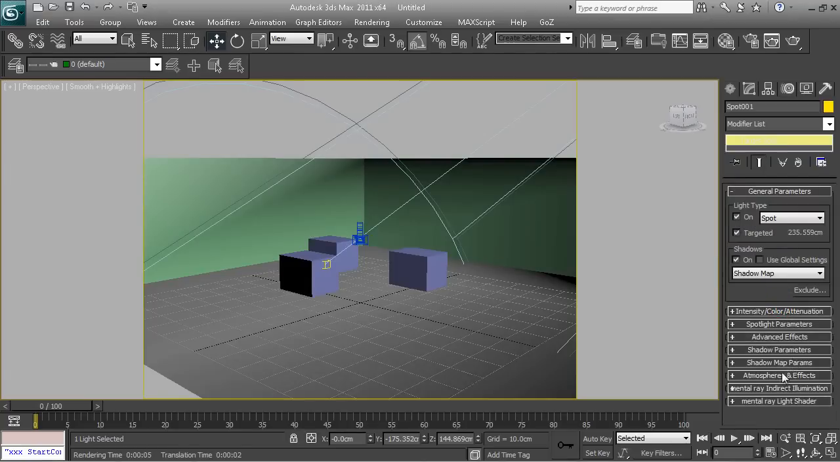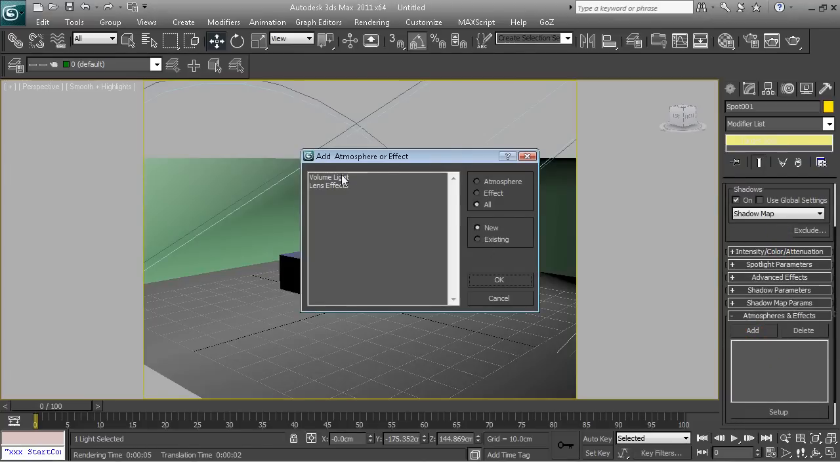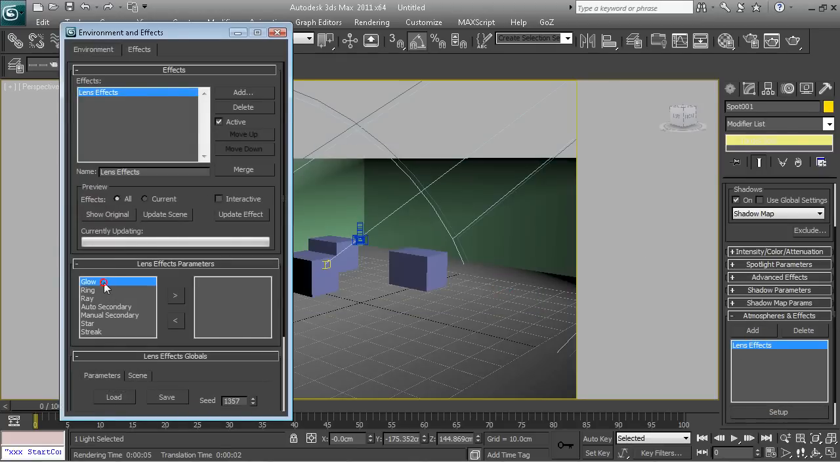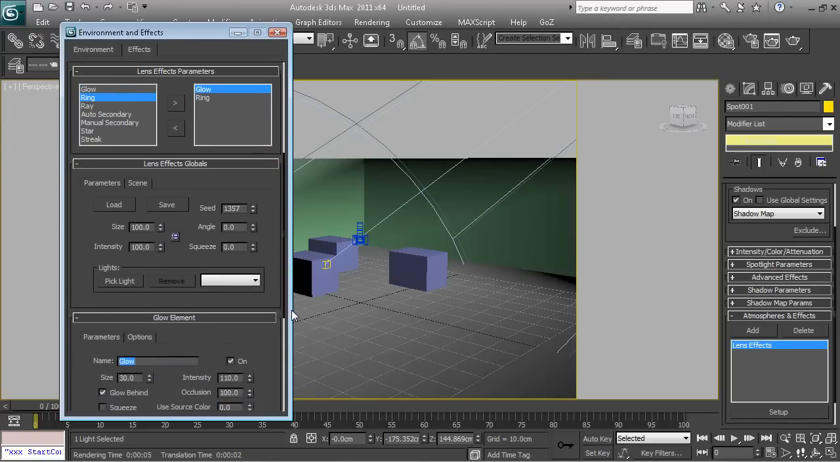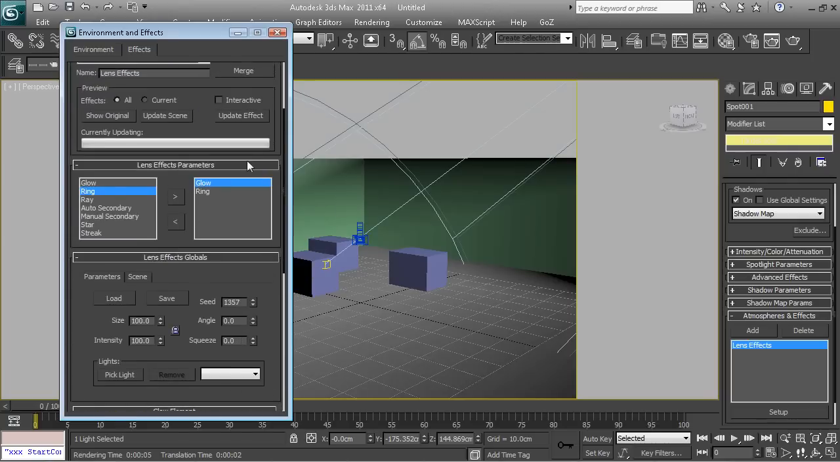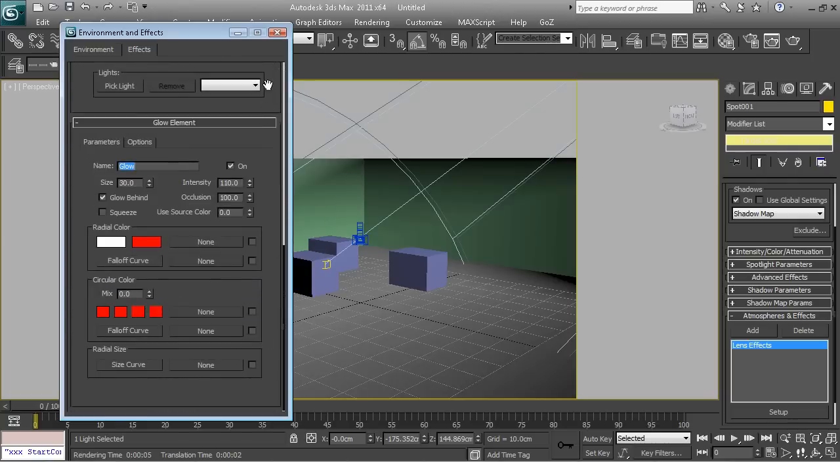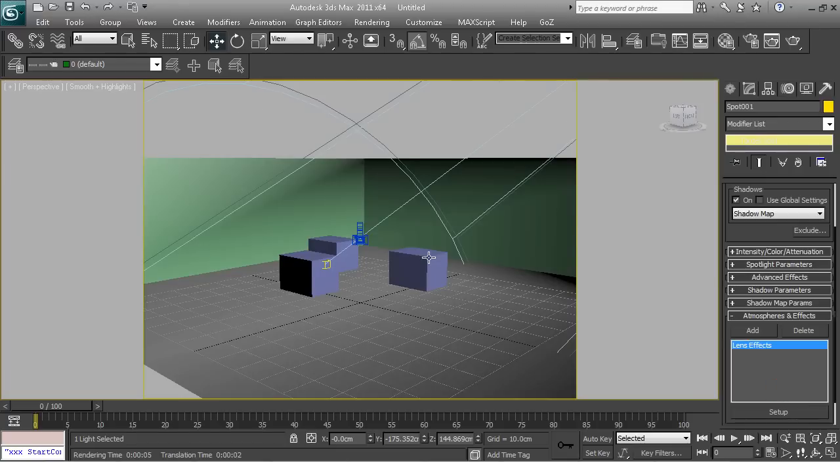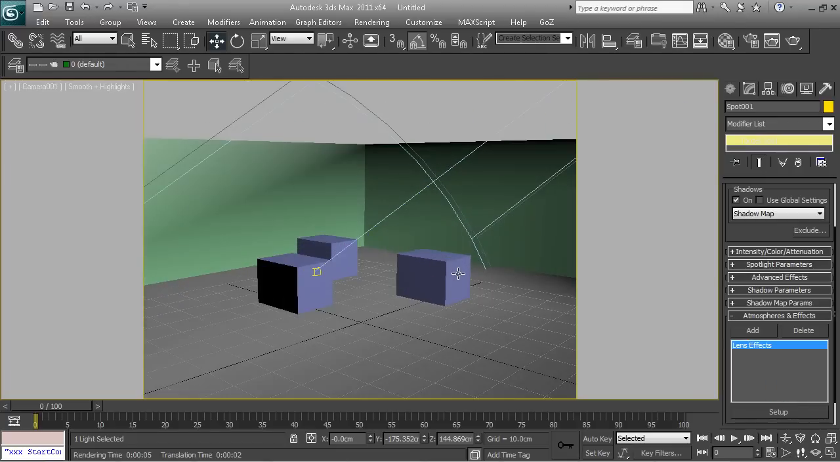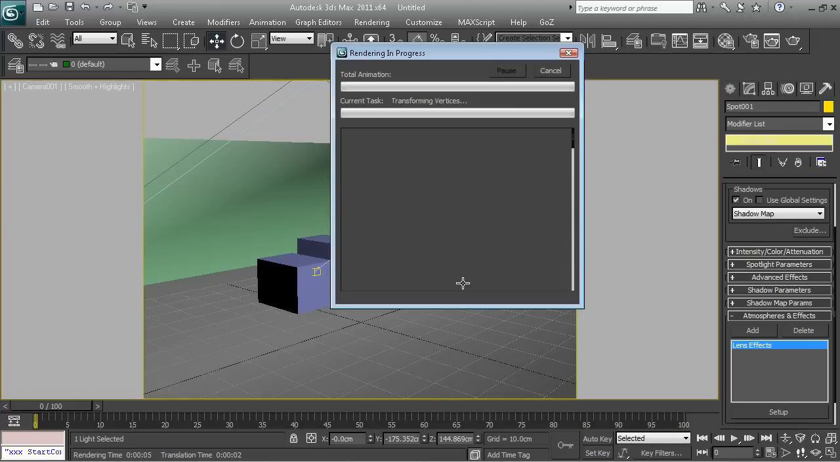As we go down, we've got atmosphere and effects. We can actually add atmosphere to this, so we can add a lens effect. Click on OK. We can click on setup, and let's say we add the glow and the ring. If you click on glow and go down, you can change the glow parameters and settings how you want them, and the ring effect. You can just turn it off. It's in there already. So if we click on render now, from the camera, what we'll see